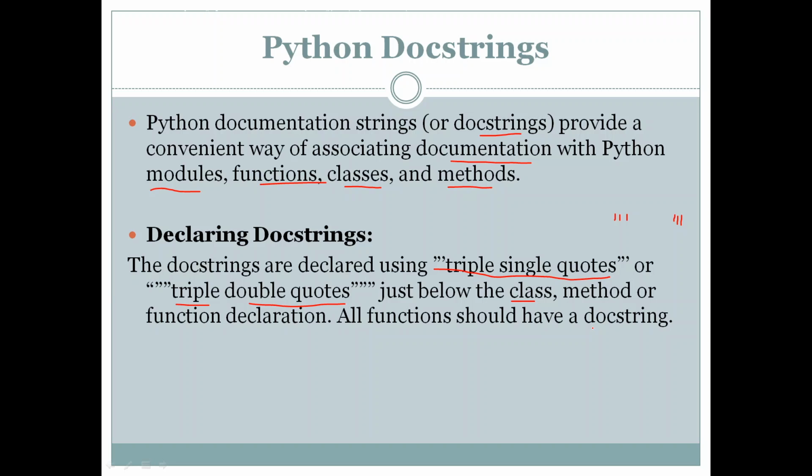Some of our functions which we have used earlier had a docstring which was enclosed in triple quotes, and a docstring is totally different from the comment lines. Comment lines in Python are usually included with a symbol, that is hash symbol, but docstrings are declared using triple single quotes or triple double quotes.